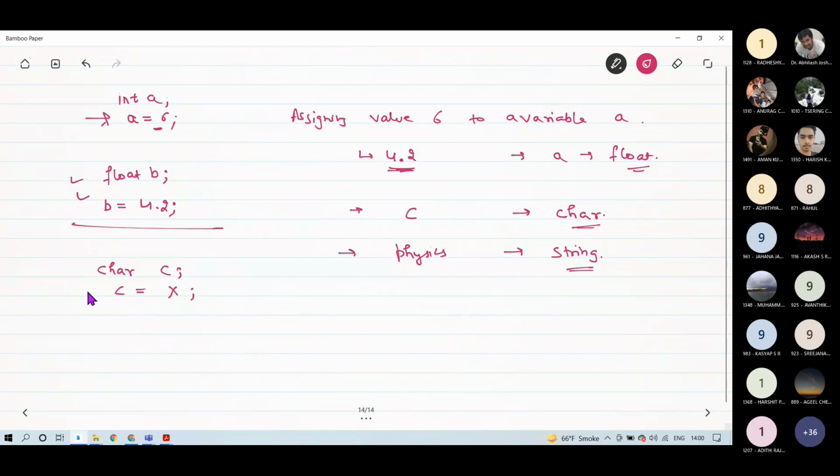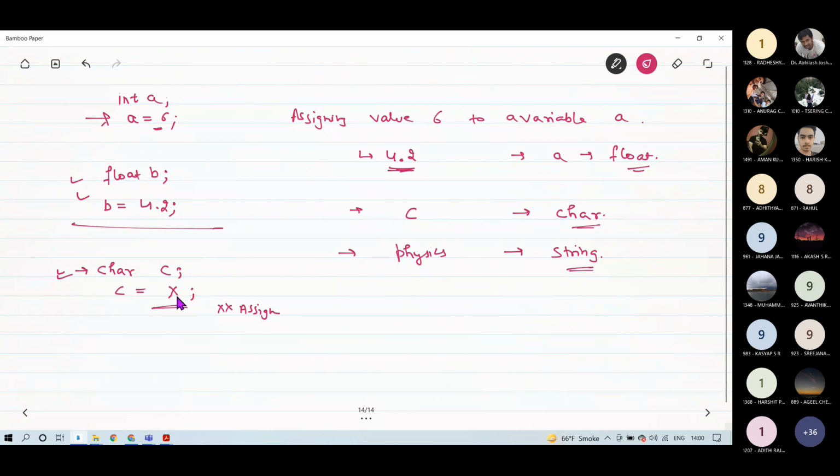But if any of you have tried this, yes, you can declare C as a character variable, but you cannot assign a character to this variable C like this.